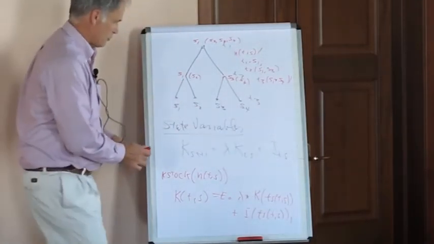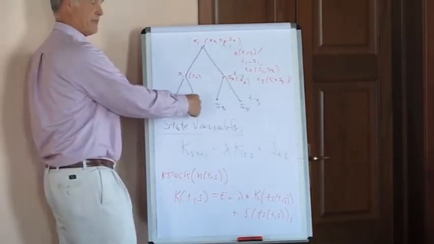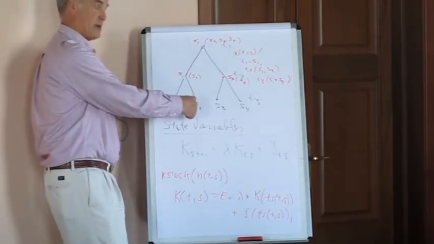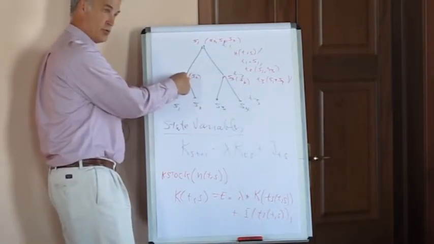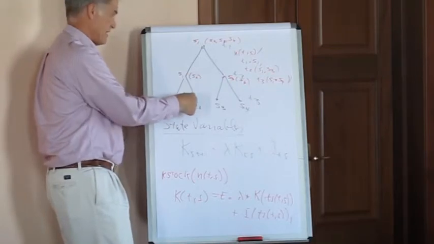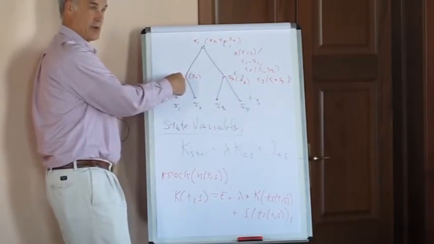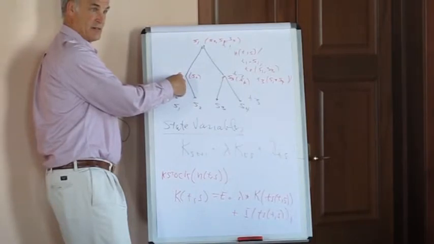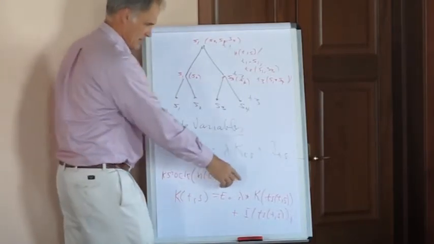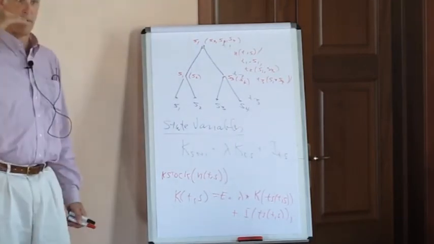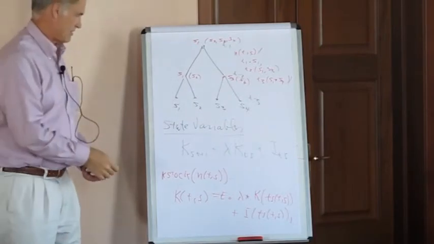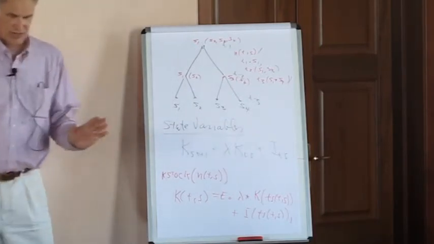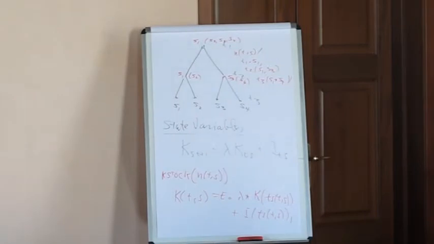That will point back. So if you're looking here, you're asking how much capital do we have in scenario 2, time period 3. This says if we look back to period 2, it's going to tell us that it's actually scenario 1 where the parent is. So this notation, this macro, hides the pointer back to what the previous scenario is. And this is just a means of writing down the model.